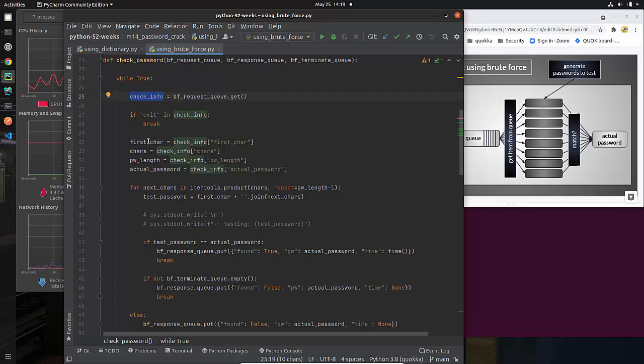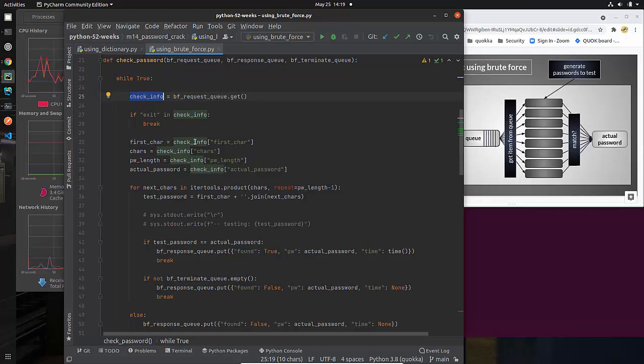First character, remember I'm calling these one item in the queue for every first character there is in that search, the search characters. So if it's just numbers, then there will be a message for 0, a message for 1, a message for 2. And what I'm going to do is take that first character and append everything at the end of it.